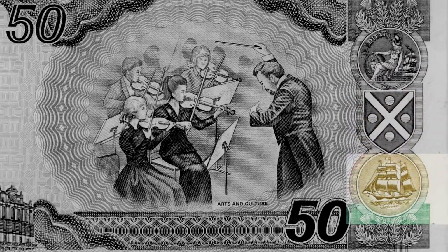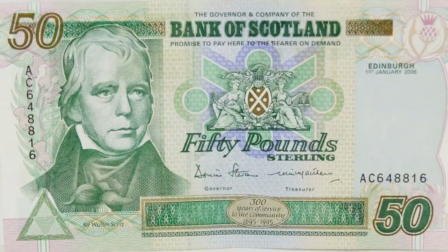the Union Bank ship. I hope you have enjoyed this look at this notable note, and if you did, click